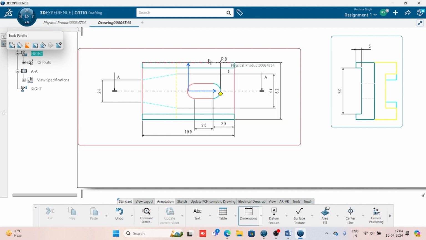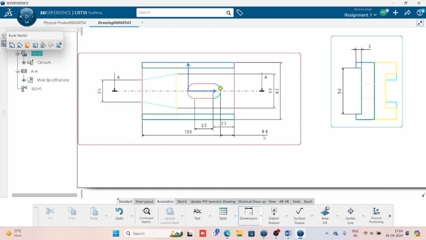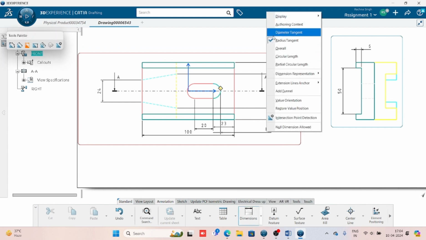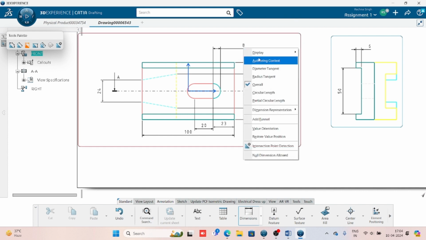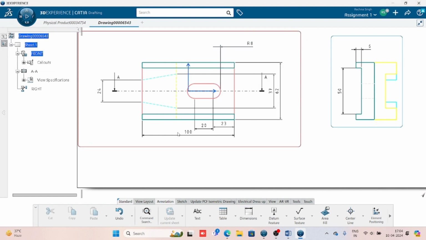It is showing tangent. Just hold on. Again, I'll give this and this, and at present we'll give radius tangent only. Fine. Now you can see